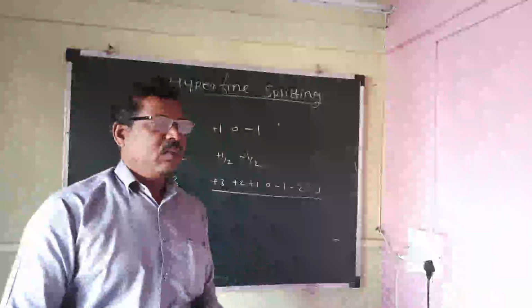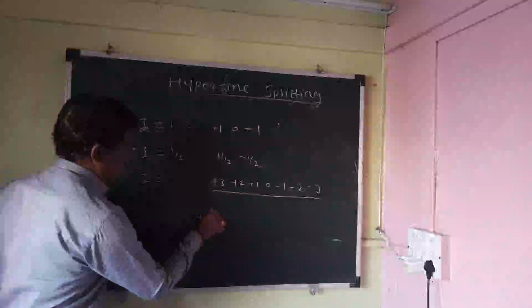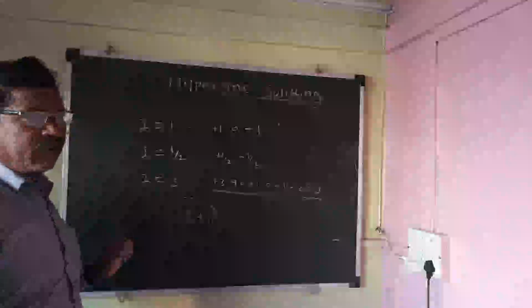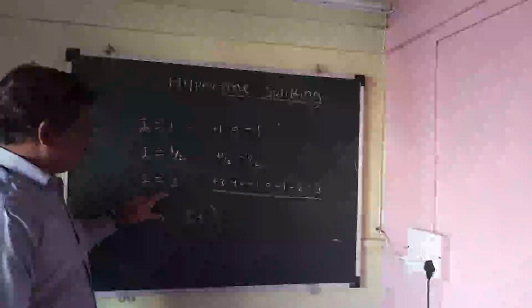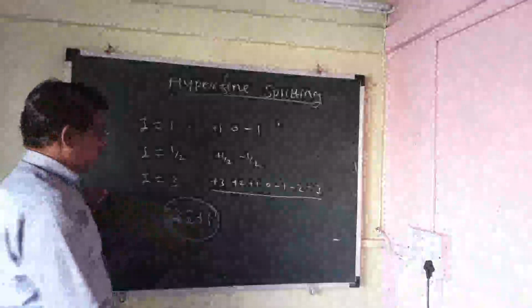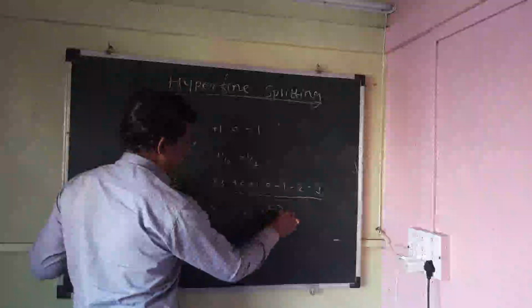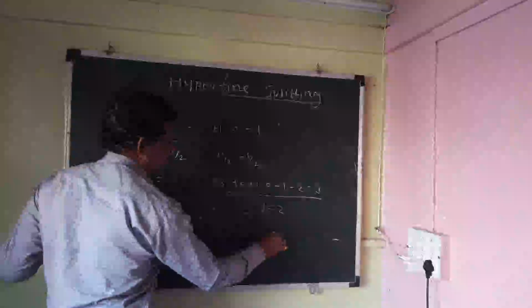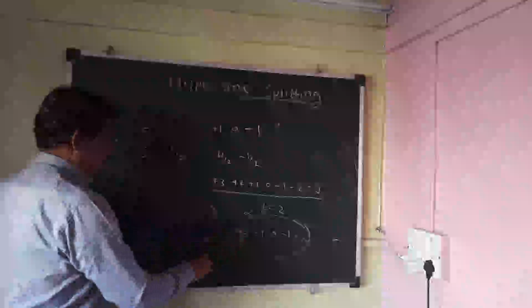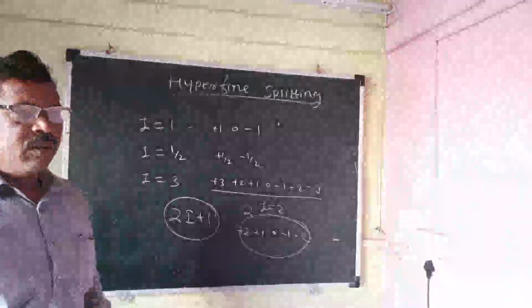The total number of orientations is calculated by using 2I plus 1. How many orientations take place in the spin of a nucleus is calculated by 2I plus 1. If the spin I is equal to 2, the total is 5: plus 2, plus 1, 0, minus 1, minus 2. These are known as the 5 orientations, and this is calculated by 2I plus 1. For example,